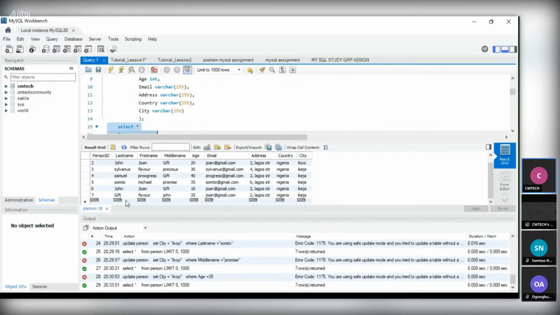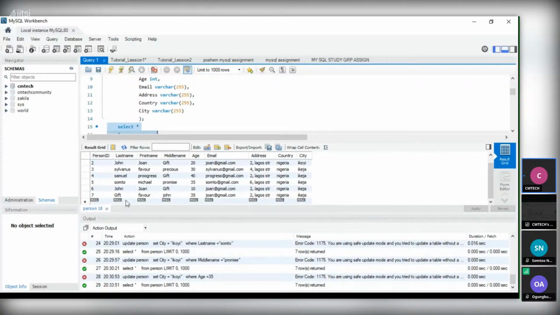The word delete is important in organizing data. You might not need a particular piece of data, so you use the word delete to remove that data.